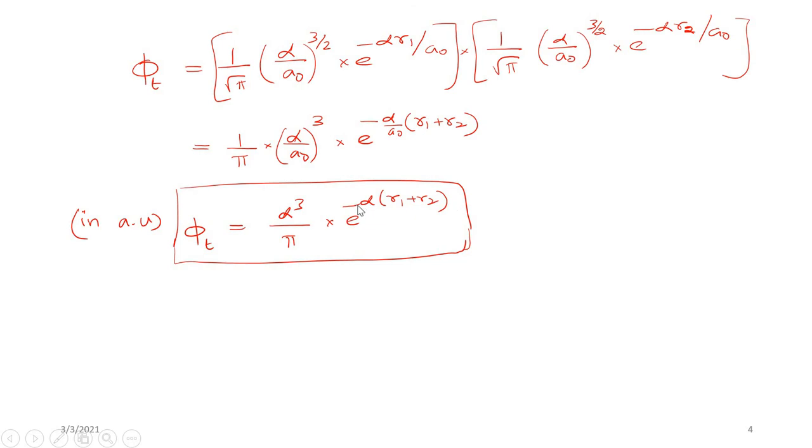Since it is a normalized wave function, in the expectation energy formula, we write expectation energy is equal to bra of phi t, H operator, ket of phi t, divided by bra of phi t, ket of phi t. Since it is normalized, the denominator quantity becomes 1. So I am not going to write the denominator quantity in the expectation energy expression.